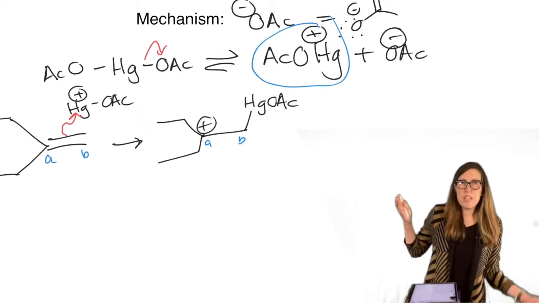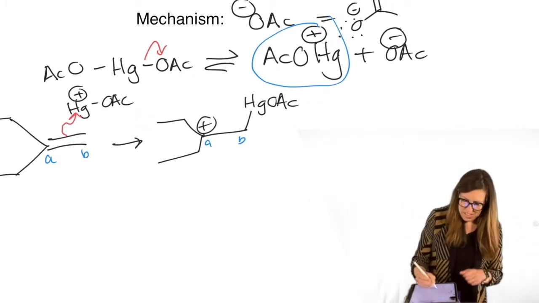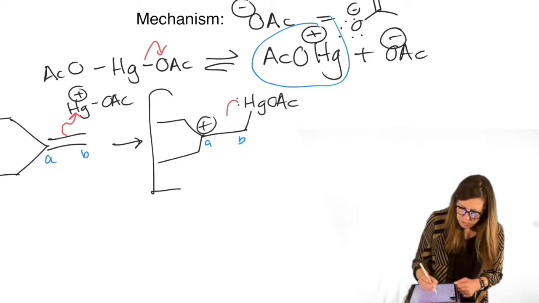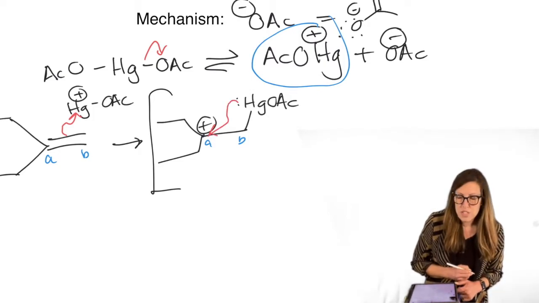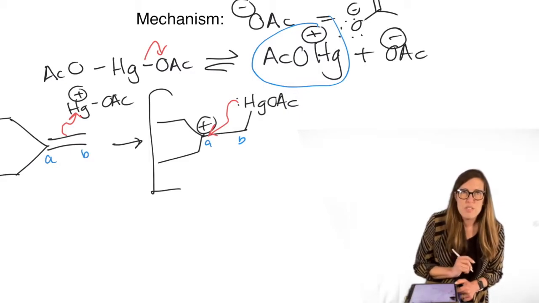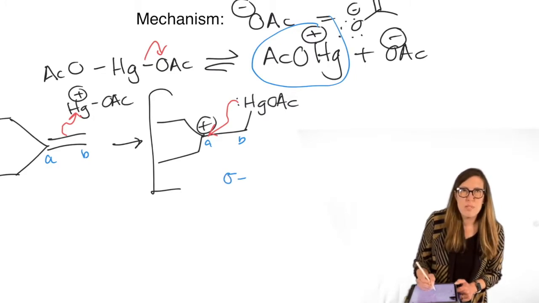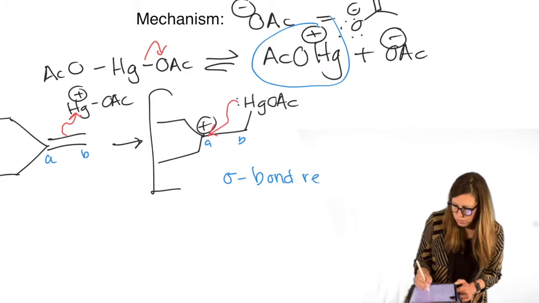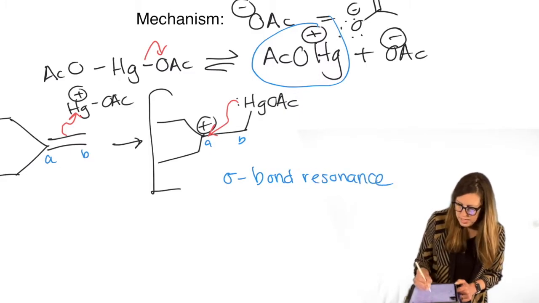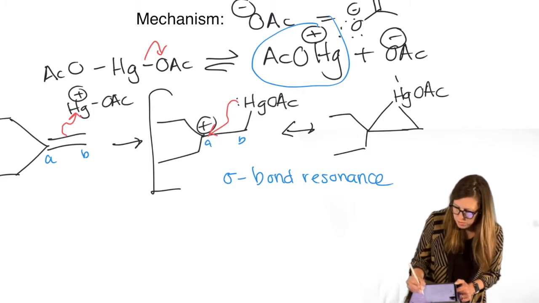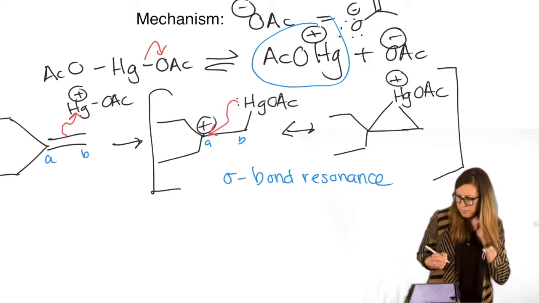Now you say, oh, wait a minute, carbocations can do rearrangements, but hold on, this isn't your traditional carbocation. It actually engages in this unusual, for this book anyway, feature called sigma bond resonance. We don't allow sigma bonds to participate in resonance normally, but this is a special case. Sigma bond resonance. So that means, yes, I'm going to write a resonance arrow. I'm going to put the mercuric acetate to make a 3-membered ring intermediate that's strained, just like a bromonium ion, right?